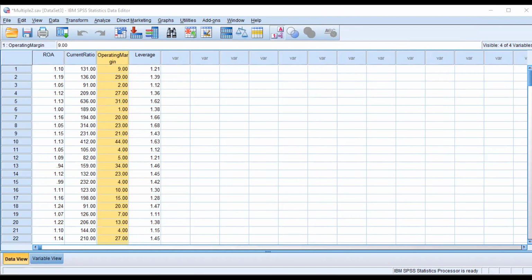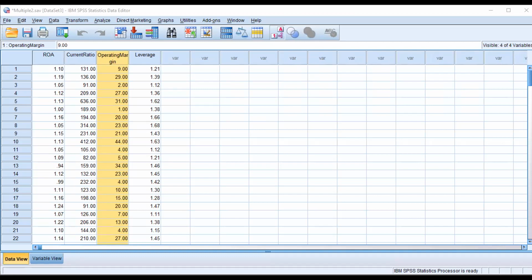So far in linear regression, we studied the bivariate regression model, the multivariate regression model, and the log linear regression model. We studied the importance of R square and adjusted R square. In a multiple regression model, you have to check the adjusted R square instead of R square.